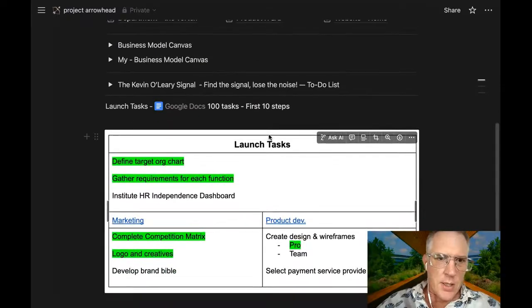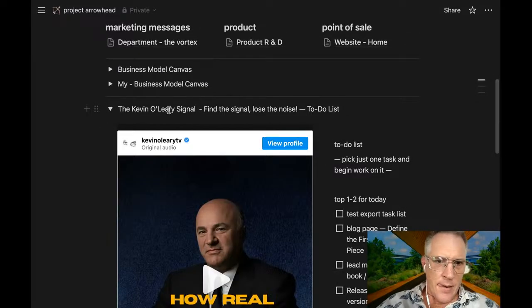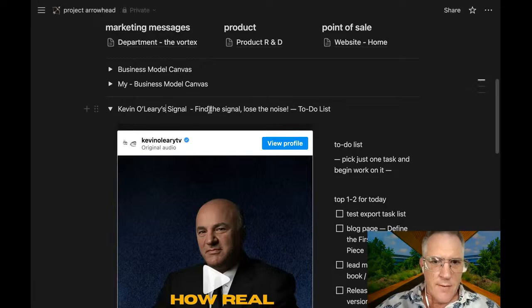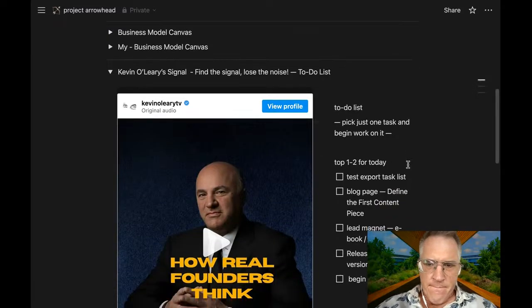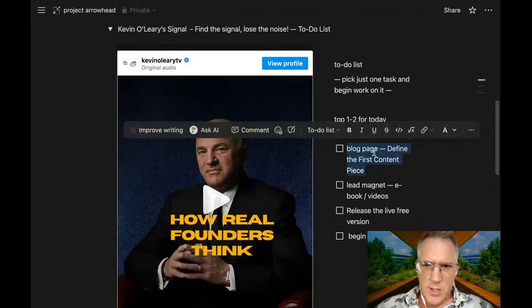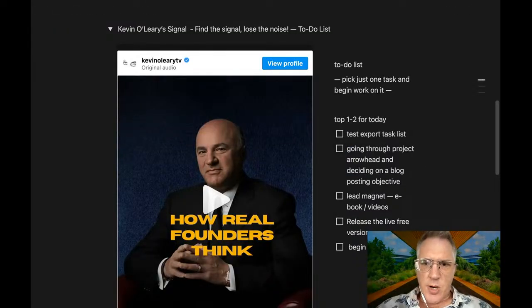I'm going to go down to the Kevin O'Leary signal. There we go, Kevin O'Leary signal. That's what it's called. And then test export test. So we're going to change this blog post define first content piece. So we changed it to going through the project arrowhead and deciding on the blog posting objective.